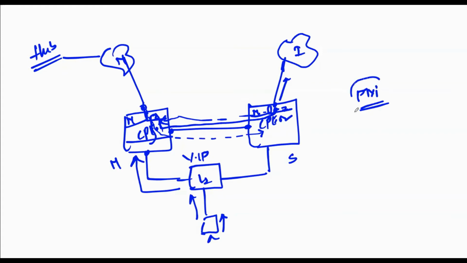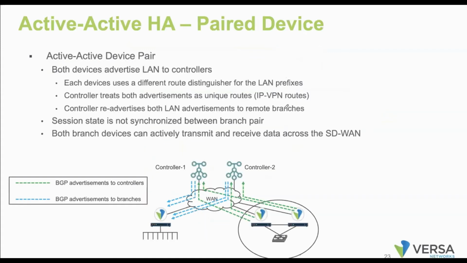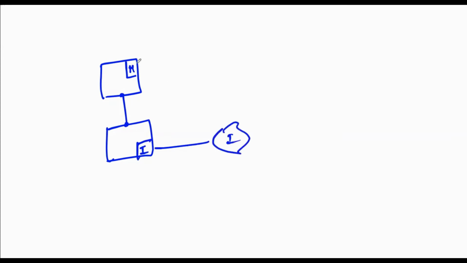Vignesh, I mean, the overlay tunnel does not depend on the underlay transport, right? Correct. So you can think in this way. Now we have this branch. That's a very good point you raised, Vignesh. Assume that it has only the MPLS link, and this has only the internet link. So this is my MPLS link. This is my internet link.